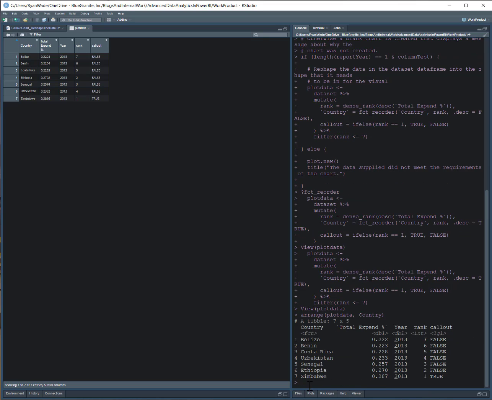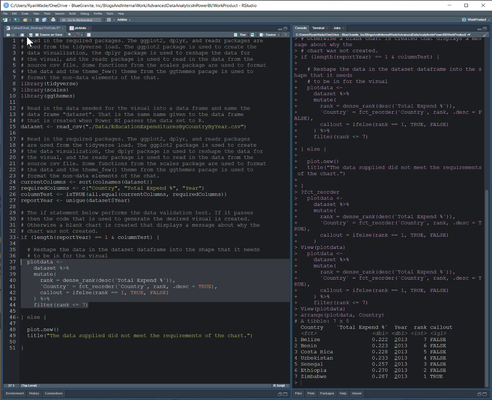And then when I do that, you'll see that when we order it, Belize is in the first position, because if we go back to our code, we told it that we want to order it with the descend property equal to true. So given that, it will order the 7th ranked country first, the 6th ranked country second, so on and so forth. And the reason why it's ordered this way, for some reason, when you have a bar chart,